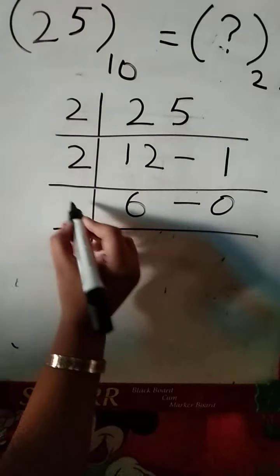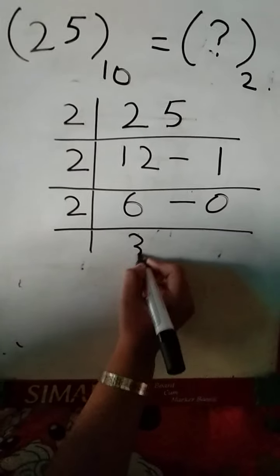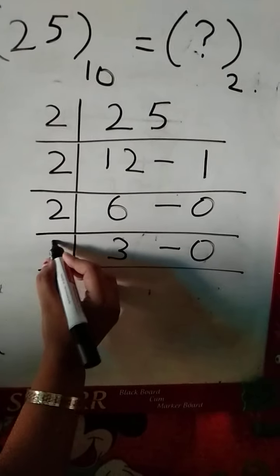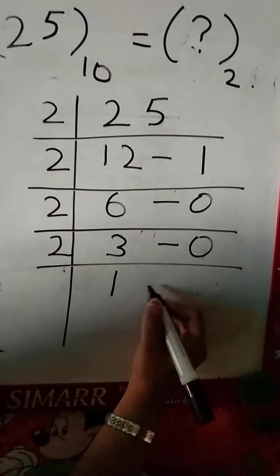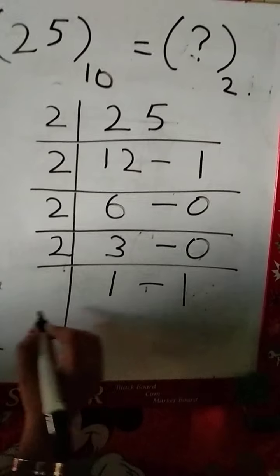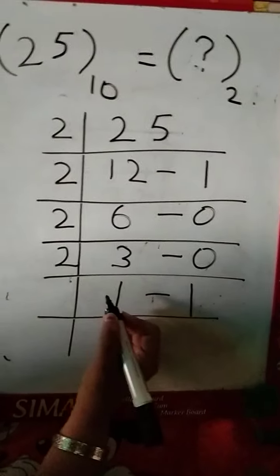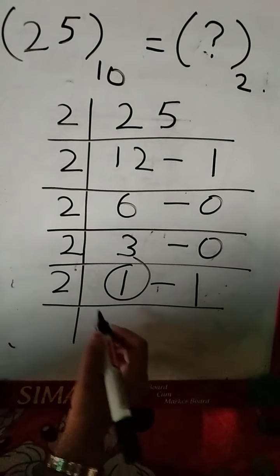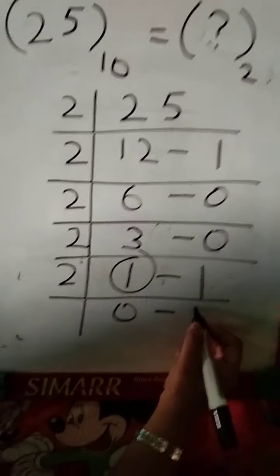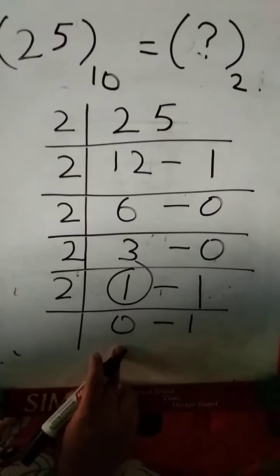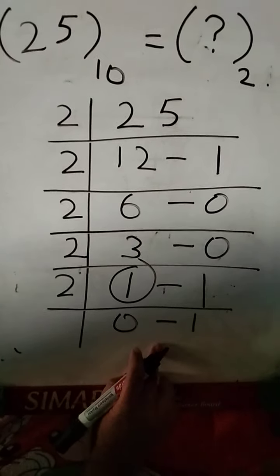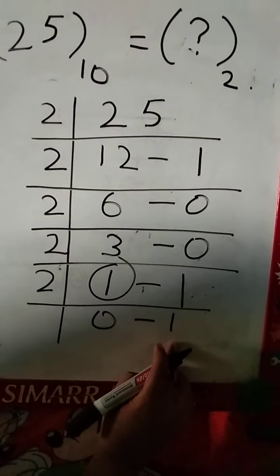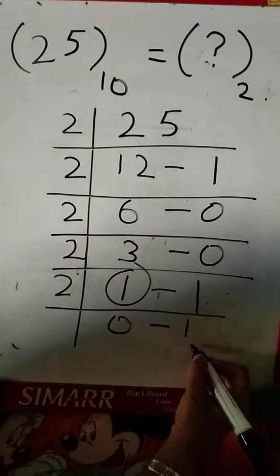Again we divide. 2 3s are 6 and the remainder is 0. Again we solve this. 2 1s are 2 and the remainder is 1. Then we can't divide the 1 by 2 again, so the quotient becomes 0 and we write 1 as the remainder. So to find the answer to this question, we have to go from the bottom